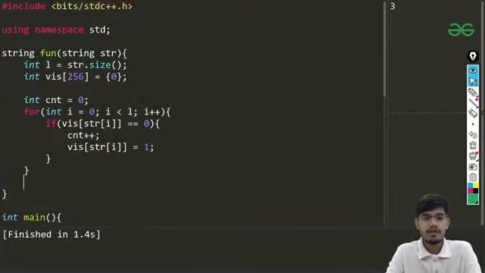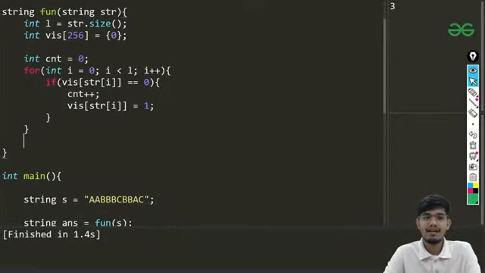Okay, so now at the end of this loop I'll be having the total number of distinct characters.